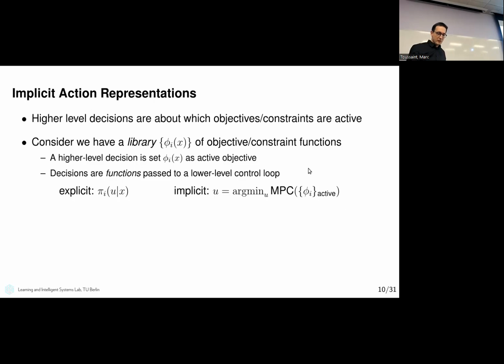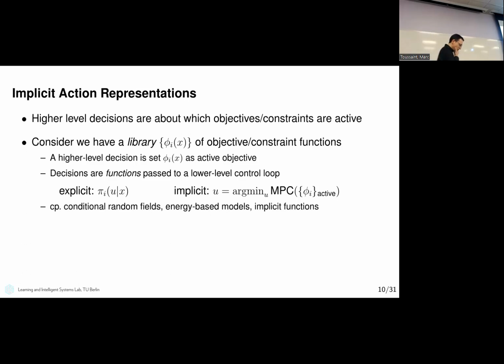So again, it's like a computational decoding of the things. So this is the actual latent code that you provide the controller, and then you decode it to the actual thing. That's why I would call it implicit. And if you relate this to machine learning, that's of course the same thing that